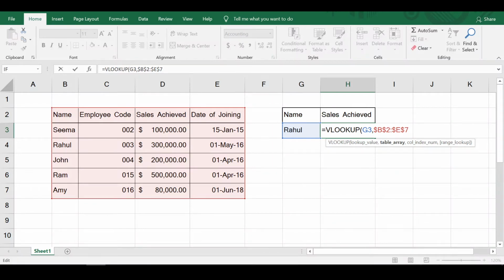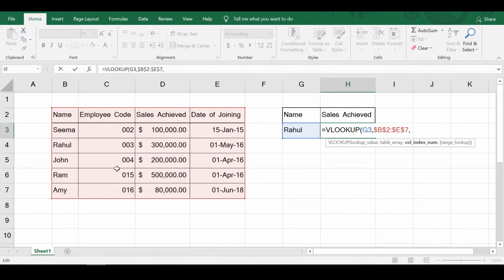So now let's move on to the third argument by pressing comma, and this is the column index number. So what is column index number? Since in this case we want to extract the sales achieved figure, we have to search in which column of the table array the sales achieved figure is present. Column numbering starts from 1 in the first column of the selected table array, because this is the first column of the selected table array, this is column number 1.